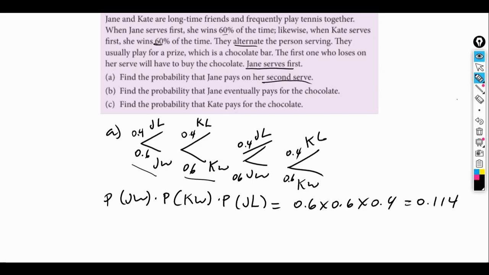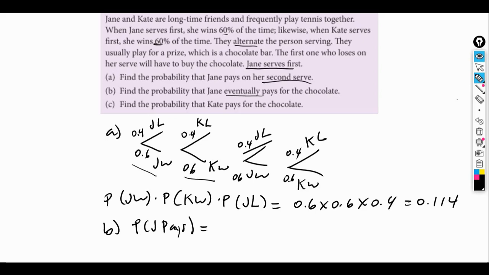For part B, find the probability that Jane eventually pays for the chocolate. So notice that Jane could lose in any of her serves, right? So she could lose in her first serve. So the probability that Jane pays